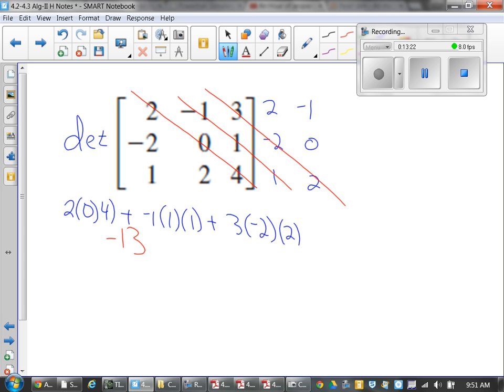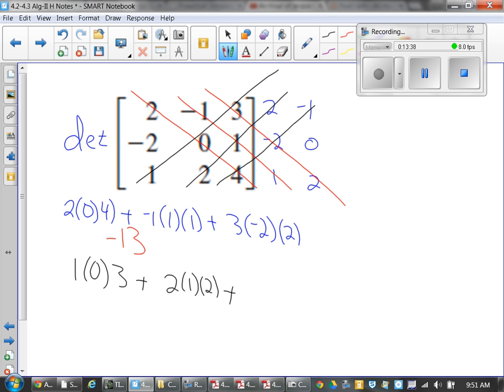You okay on the downward? Yep. Let's work our way up. 1, 0, and 3. Yep. 2, 0, 1, 2. And 4, negative 2, negative 1. 0, 4, and 8. 12. So the determinant's going to equal negative 13 minus 12, otherwise known as